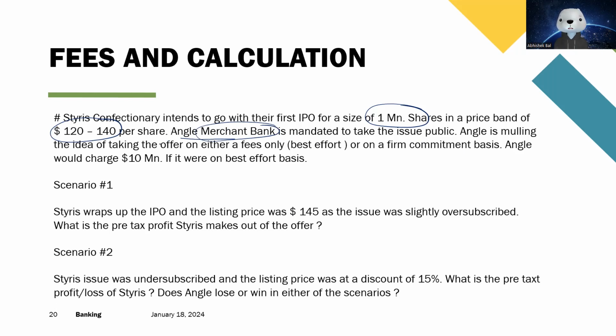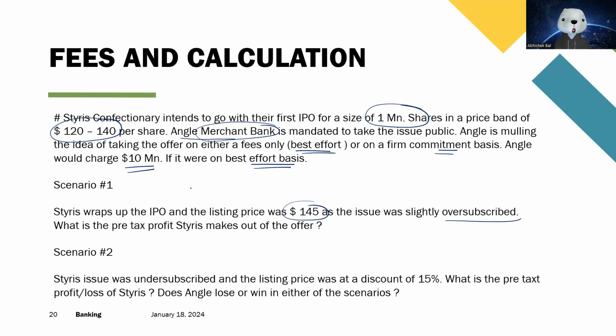Angle is mulling the idea of taking the offer on either a fees only, that is the best effort, or a firm commitment basis. Angle would charge $10 million if it were on the best effort basis. Now let's boil down to the scenarios. Stylist wraps up the IPO and the listing price was 145 as the issue was slightly oversubscribed. Mind you, what is being said, the IPO still closed